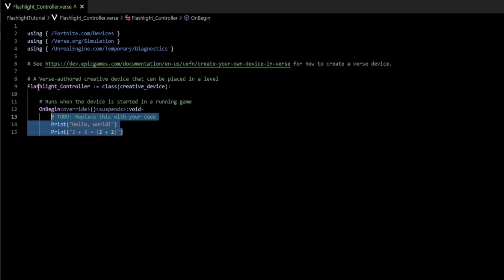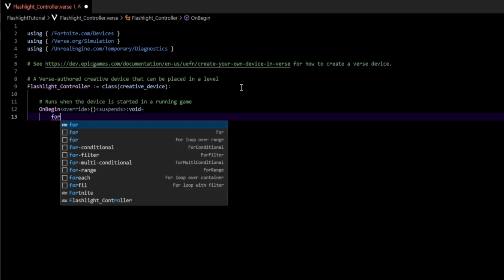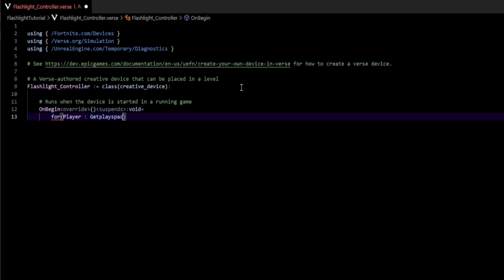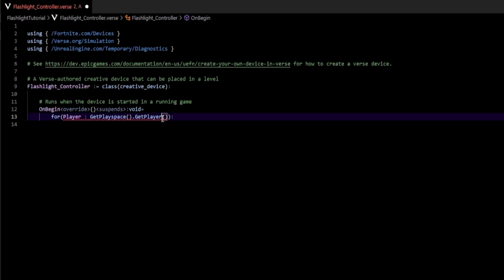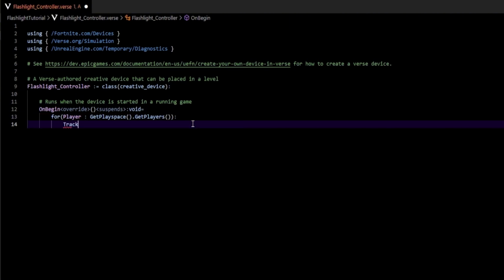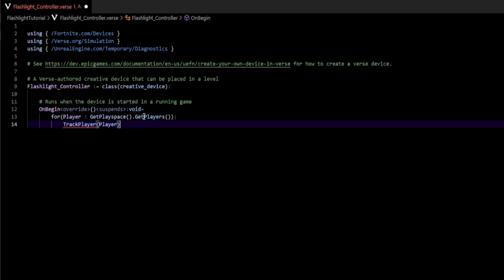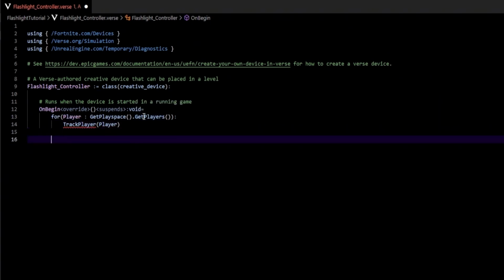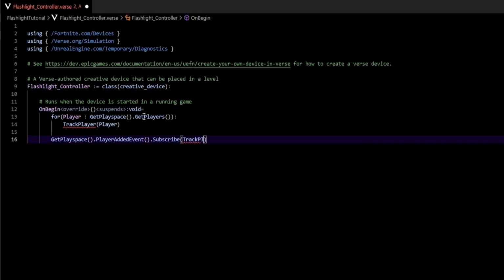The first thing we want to do is go under on begin, which will happen whenever the game starts, and get every single player and track the player. So for every single player in get play space, so it goes through every single player in the map. Then we need to get every single player like so. Also, I need to capitalize this P here and add an S. Then we just want to track the player, and we want to track it for this player that we're currently looking at. And then we also want to track the players who join the game, so I'll just go ahead and say get play space dot player added event dot subscribe,